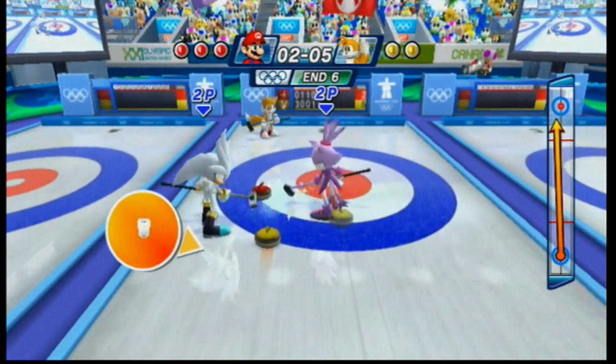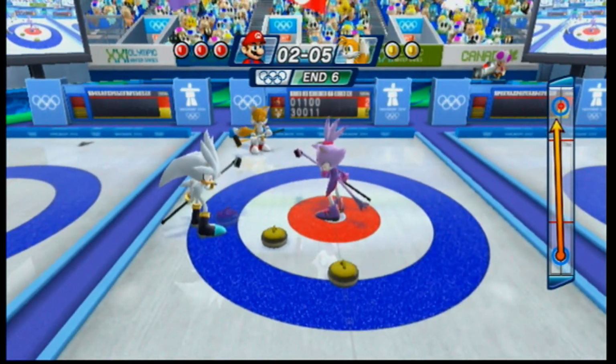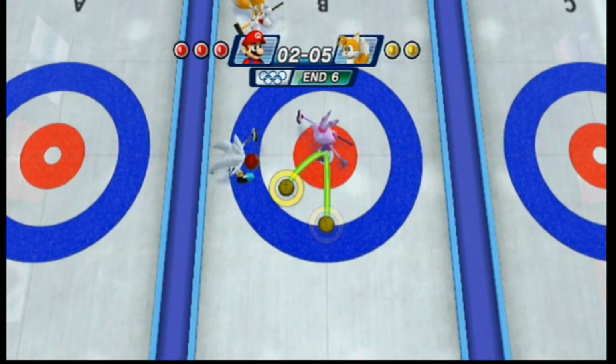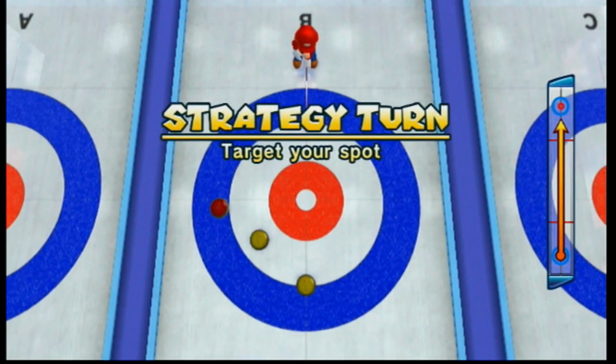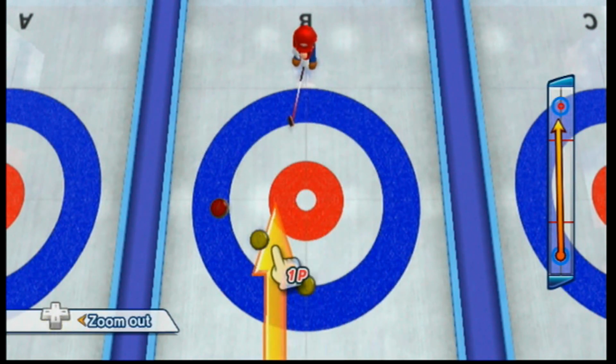Silver and Blaze going to sweep this one. It knocks into Mario's stone, and it's going to get 2 now close to the center. And man, Mario's got a ton of ground to make up here. Things have not been going well, but Mario going to call the shot here